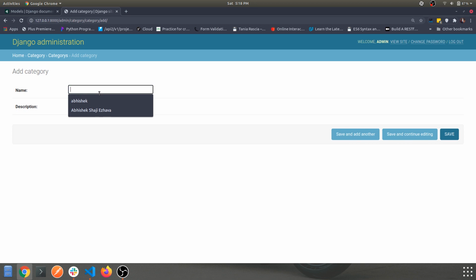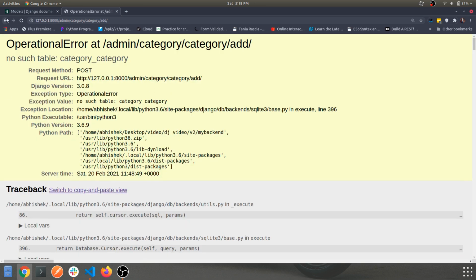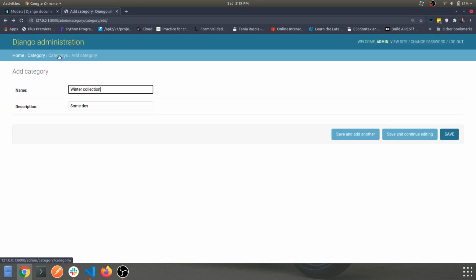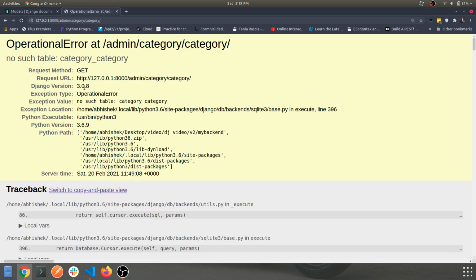Categories will be something like winter collection, some description, and if you save and click, it will give you an error which we have seen previously, this one. So it is not complete yet. We need to serialize this model in order to provide the JSON format through the REST API, right? I don't know from where this typo is, but